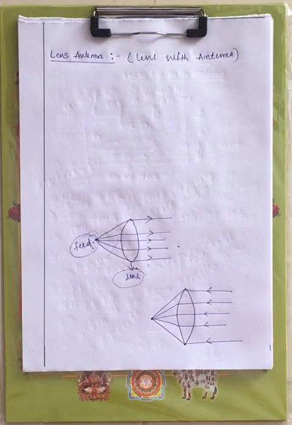It converts spherical wavefronts to planar wavefronts. The main disadvantage of the lens antenna is that it is difficult to construct, and its thickness is very high. The main advantage of the lens antenna over other antennas is that it doesn't have any blockage of the signal. This is the introduction of the lens antenna.